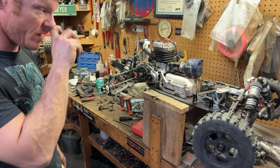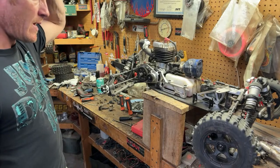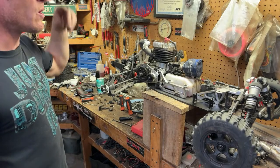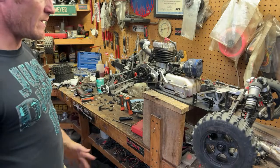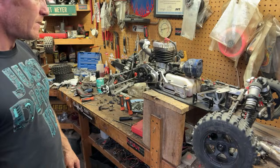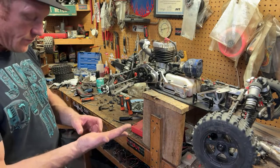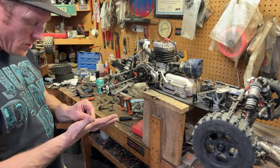But the other 2 runaways, I had a kill switch, and both times I'm pretty sure the throttle servo does something wonky with the receivers, and I'm 100% convinced of it. It will, I don't know, cut them out, do something with them. But anyways, guys,